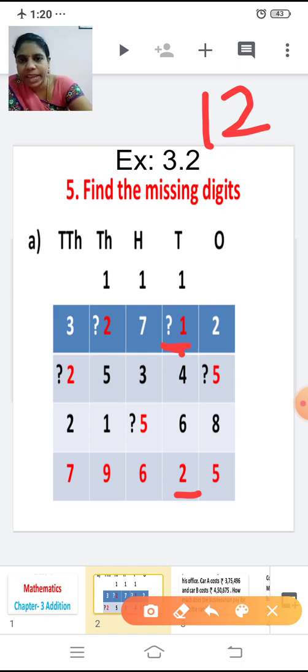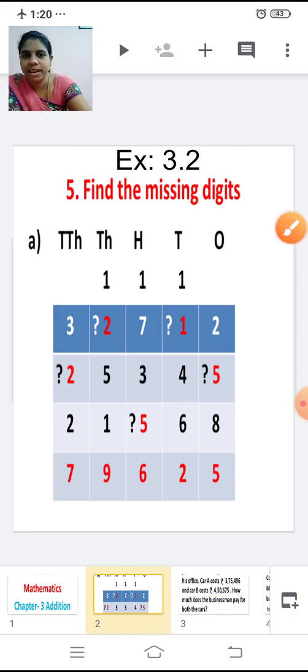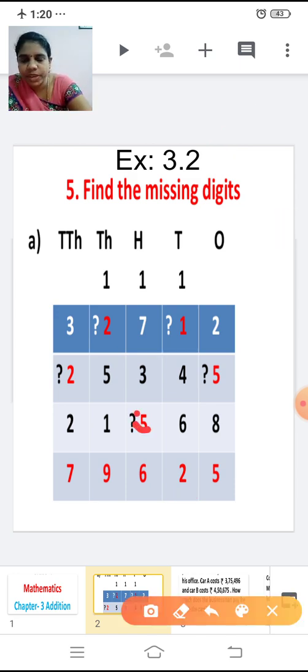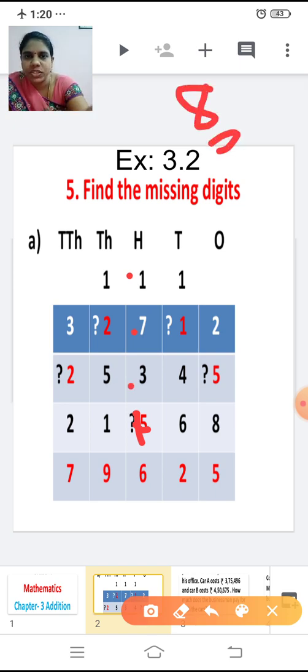Now this one I'm carrying forward to the hundreds place. Let's add the hundreds place now. Now this we are going to find out, right? So 1 plus 7. After 7 I'm going to add one number. 7 plus 1 is 8. With 8 I'm going to add 3 more. After 8, 9, 10, 11.